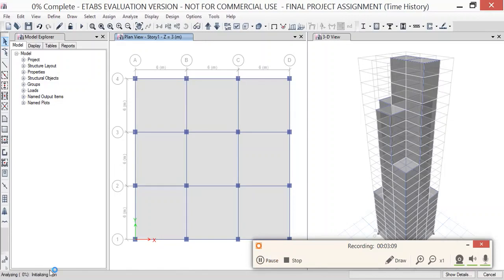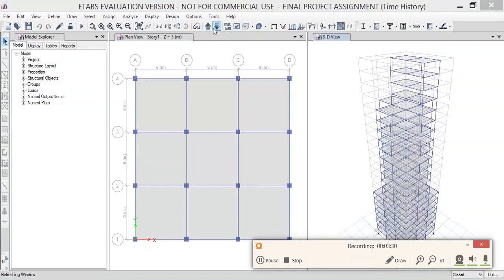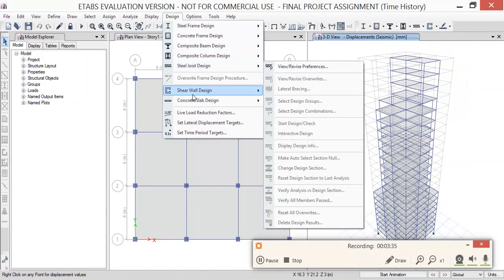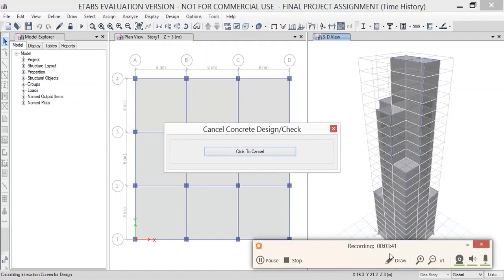You can see after the analysis, the displacement values of the different joints can be observed by clicking at each of the joints. The analysis progress can be seen at the right hand side of the bottom of the second window. After the analysis, we will carry out the design check for the different sections of the beam and column. You can see the displacement as I mentioned earlier. Then we can go to Design, Concrete Frame Design, Start Design Check, which will carry out the design of all the different section properties, that is the beam as well as column.